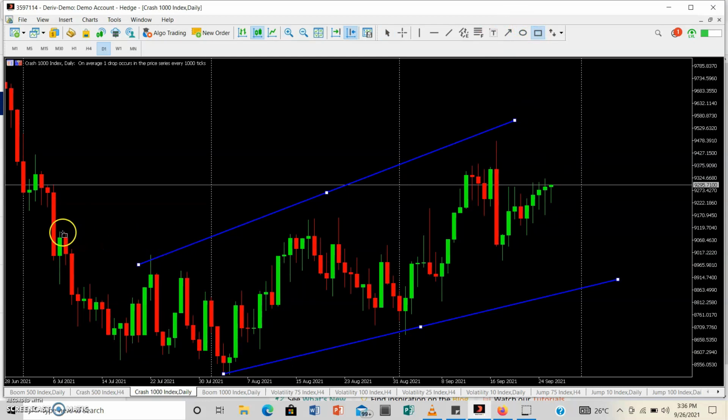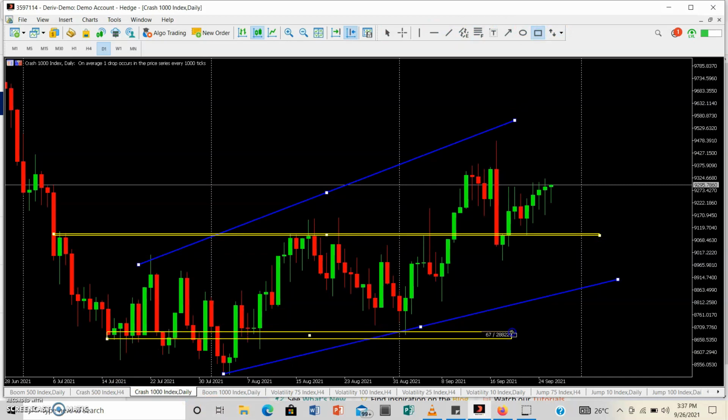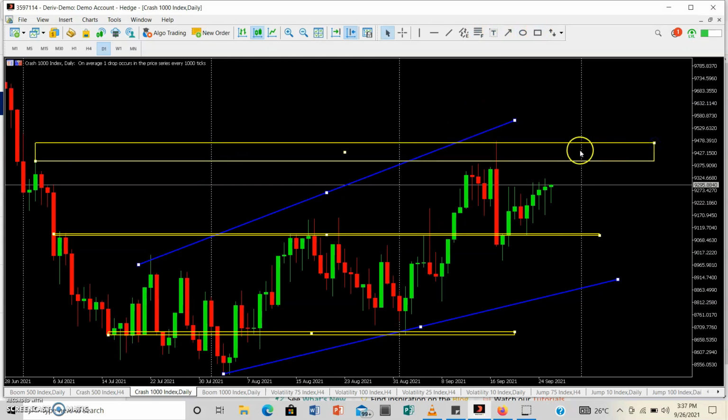or our important price zones, which is apparently these lines that I'm drawing right now, these zones that I'm drawing. And yeah, then lastly we have this top zone right there. So as you can see, we have some weird candlesticks on Crash 1000 right now, because can you look at the type of candlesticks that we have and the type of wicks that we have? There's a lot of indecision in the market, but